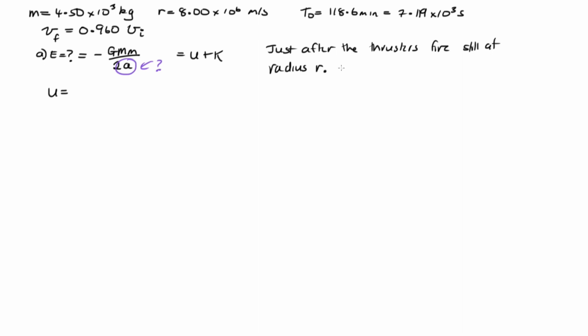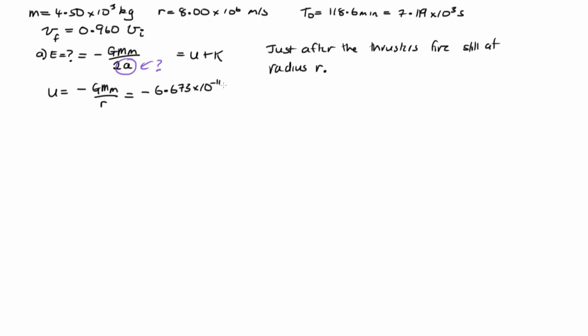r. So when a rocket fires its thrusters, it doesn't suddenly disappear from the spot it's at and reappear somewhere else. It stays at that radius for a short amount of time, but firing its thrusters will make the radius of the orbit eventually change. So we can say this is equal to minus GMm on r, and this r is the initial r that it was at. So this is equal to